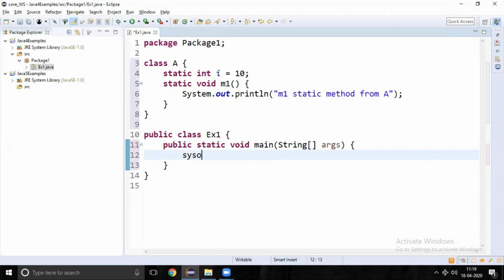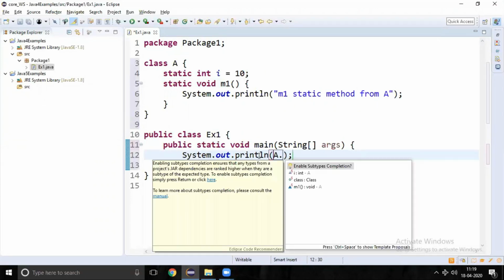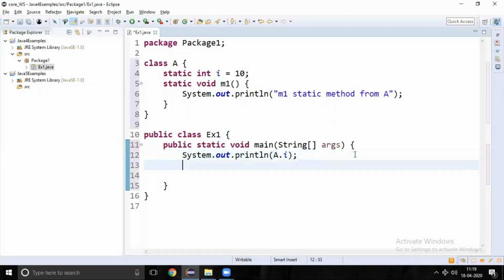It is possible to access through class name dot the static properties as well as class name dot the static methods.